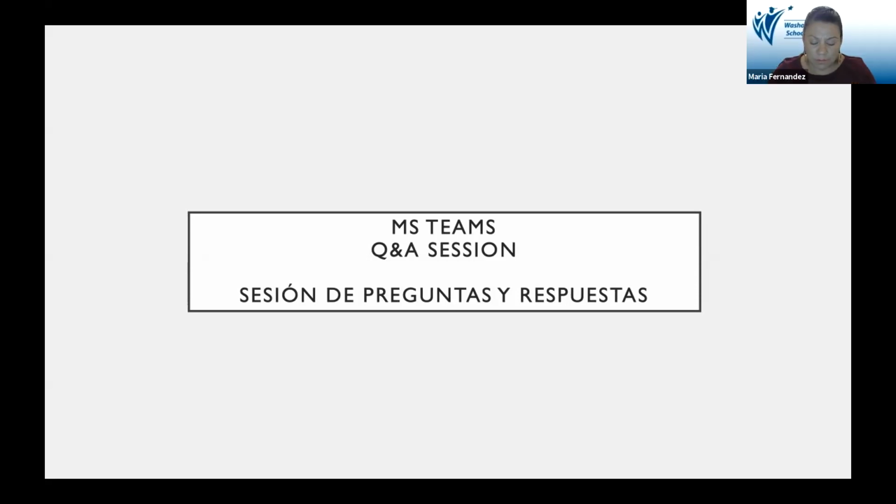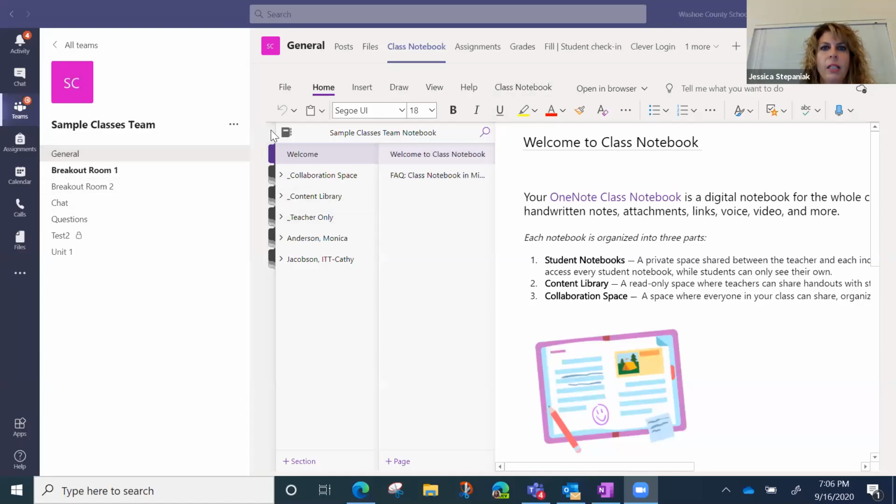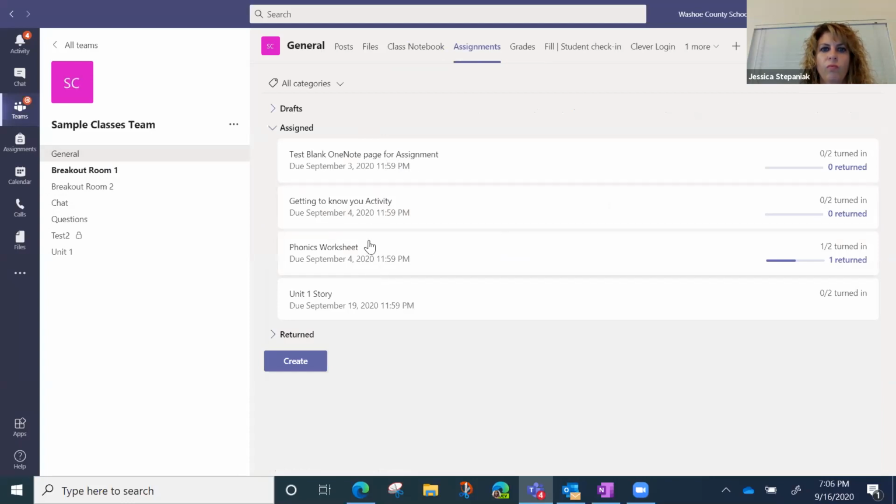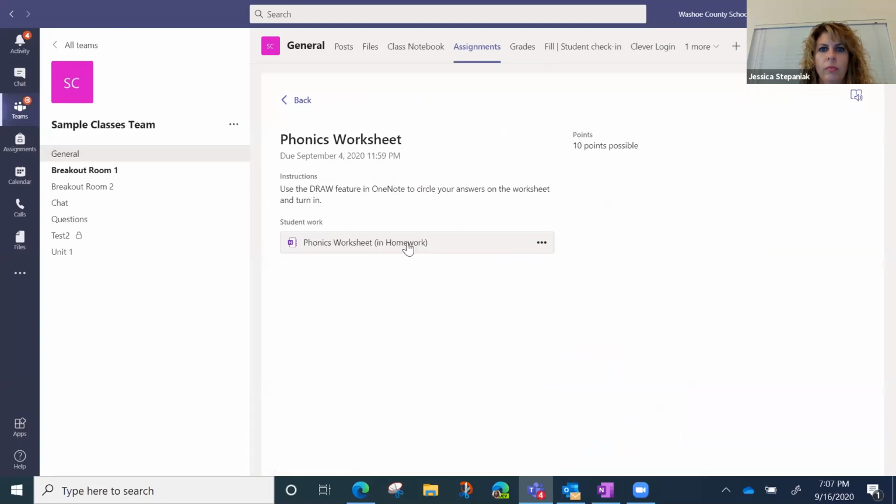Will it be possible tonight for you to show us how do we download an assignment so we can work on it at home? I can, let me try. So if I go into one of these assignments, the assignment is listed here, and there's always these three little dots. So you can either open in Teams, open in OneNote, or open in OneNote online. This assignment happens to be from a OneNote class notebook page. So if I opened it in OneNote, or even OneNote online,